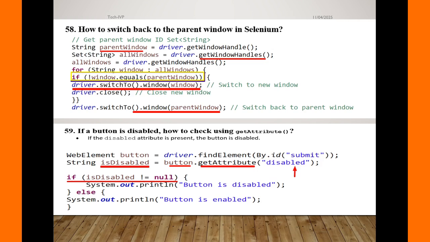The next question is, how to switch back to the parent window in Selenium? This is a really practical question, guys. Most of the time, interviewers say, please present your screen and write code to switch back from the child window to the parent window in Selenium. So in that case, firstly get the parent window, navigate to the specific